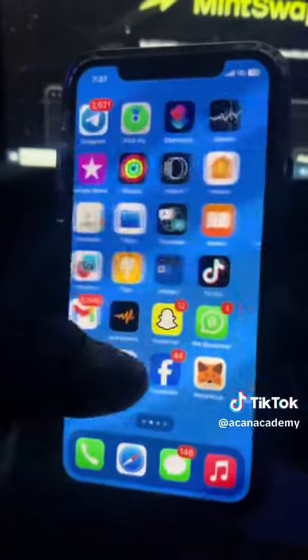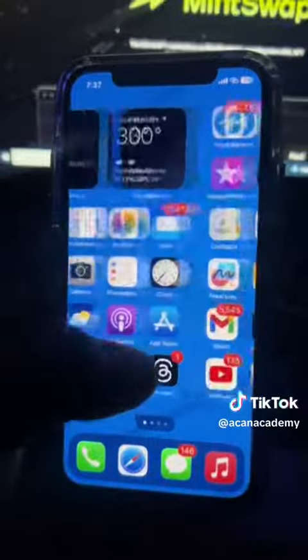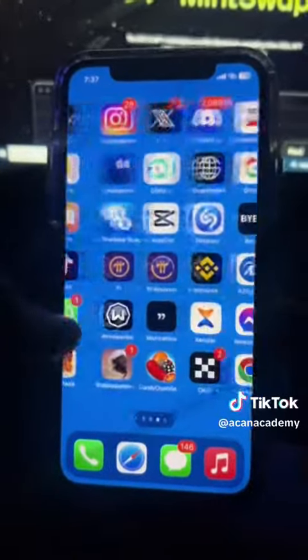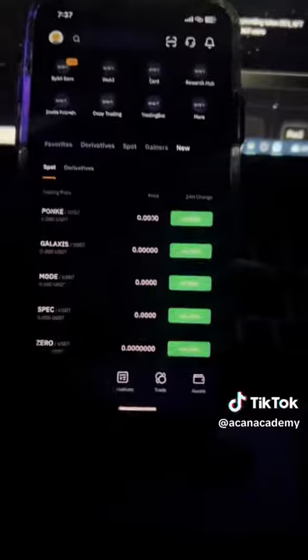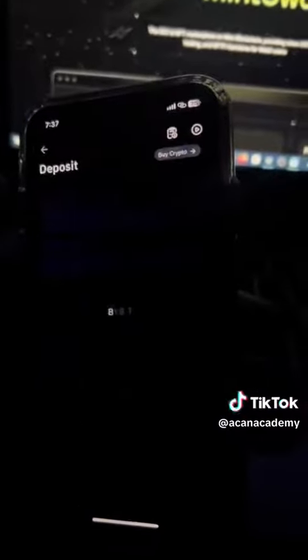So what we'll be doing is you're going to go to your Bybit. Just let me locate Bybit. Okay, all right, so this is Bybit here. What you'll be doing is you go to deposit, then you click on deposit crypto, right? Then you search for Notcoin. So Not is already here, I'll just click on it.